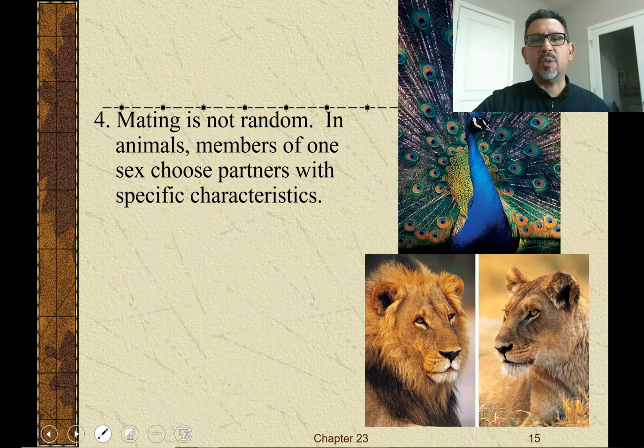Mating, especially in animals, is not going to be random. There's going to be mate selection, and I will be addressing this at a different moment, perhaps in class or a video. Why or how are females usually the ones that choose which male is worthy of fathering her offspring? So what are the traits that one member of one species may prefer? Nobody can predict that. You just have to observe the breeding behaviors of animals to be able to decide, well, this is a trait that is being selected.